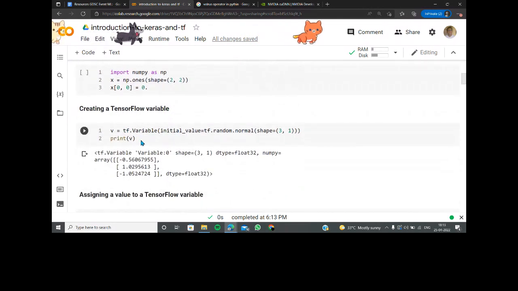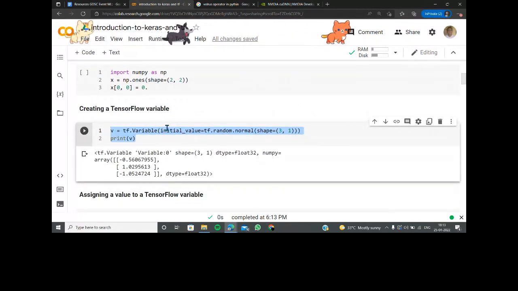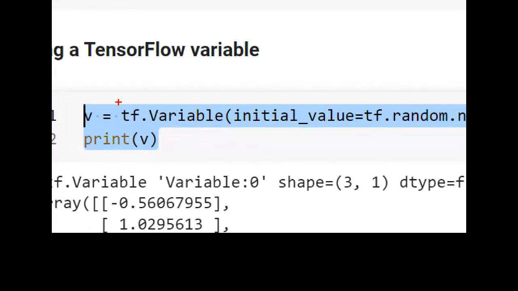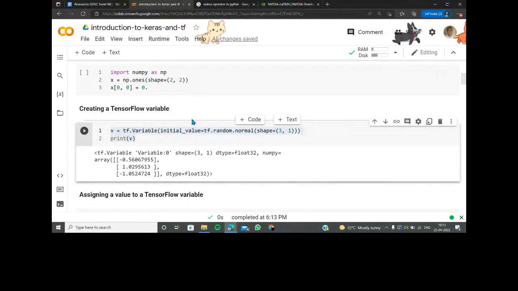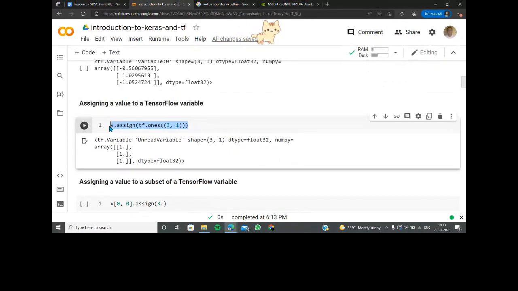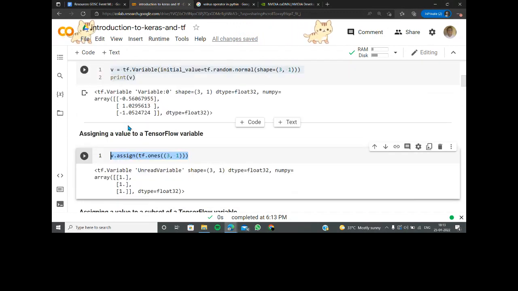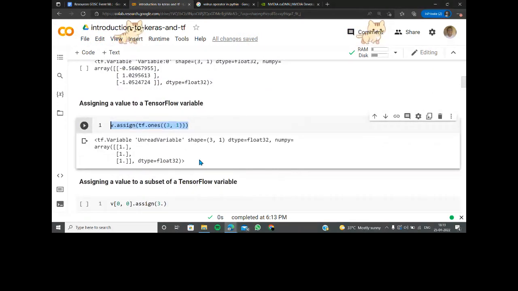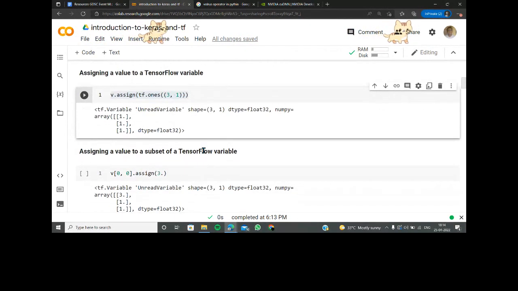Creating a TensorFlow variable is also very easy. You can create it as a variable, and this is how the syntax looks. You can start adding this in, and it will start working like magic at the end of the day. All the assignments are now being taken care of here. We add different values as a variable, and the assignment takes care of them as different ones. So where does this kind of application come in handy?